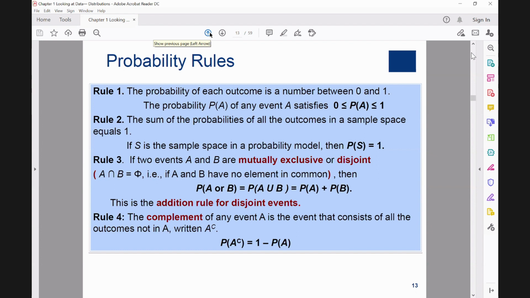Related to probability, as I said, for each event, the probability is between 0 and 1. The probability of the sample space is equal to 1. The third rule is related to the probability of A intersection